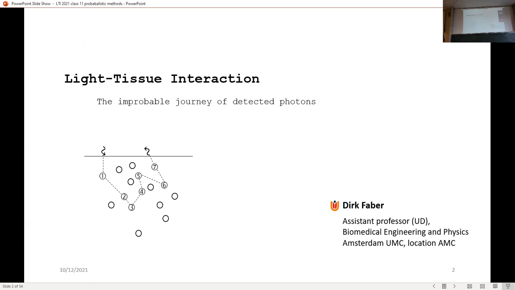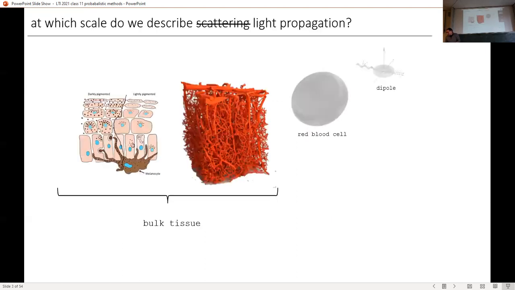If I ever would write a novel, then the title would be The Improbable Journey of Detected Photons, because most of our techniques throw in a lot of light, and only a fraction of that light is detected, which means that it is on average very unlikely for a photon to be sent into tissue, and then after everything that can happen, be detected by a detector and also contribute to